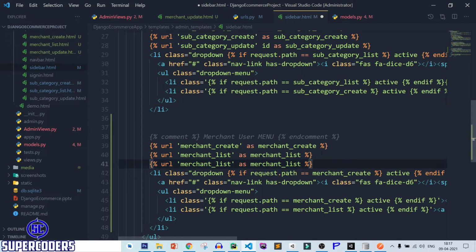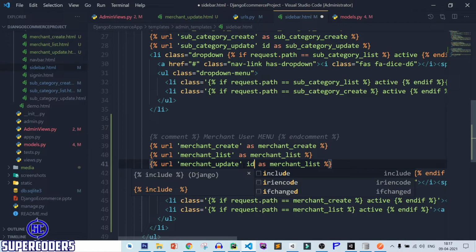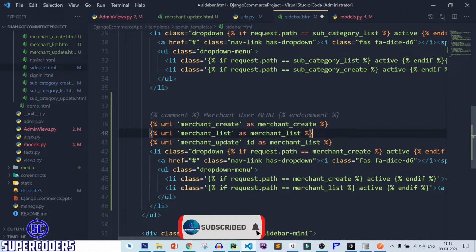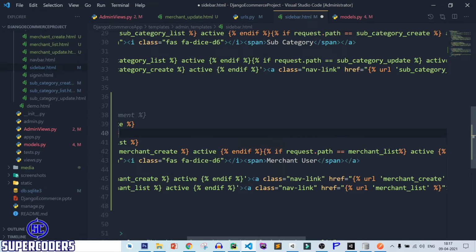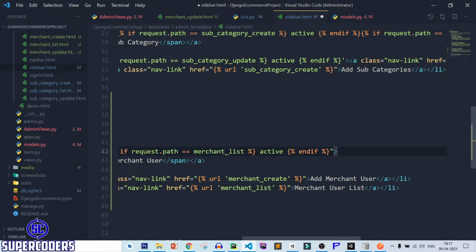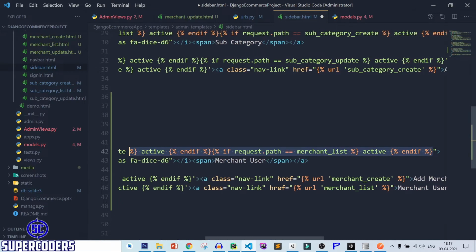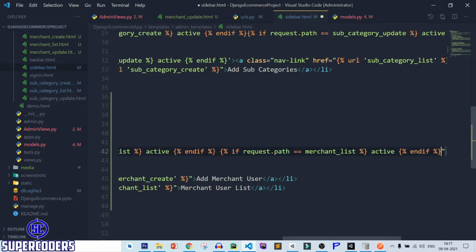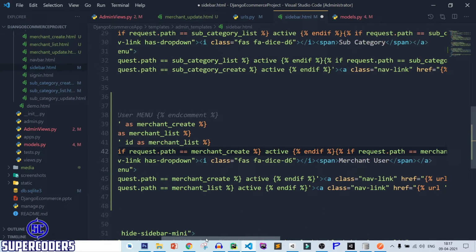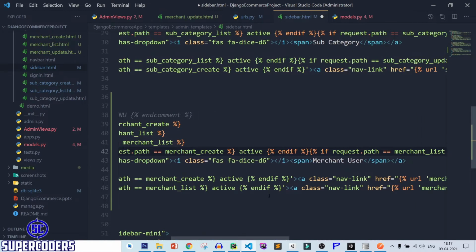After that, adding one more line for update. So merchant update, then passing the ID. After that, again copy this same code, paste it, update, and also add it here in create and here.